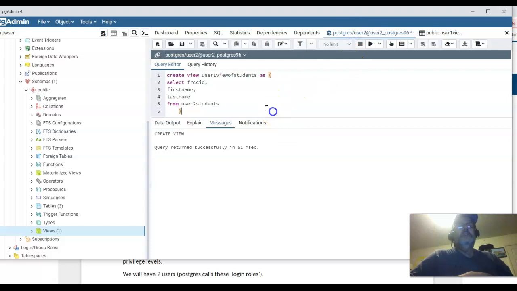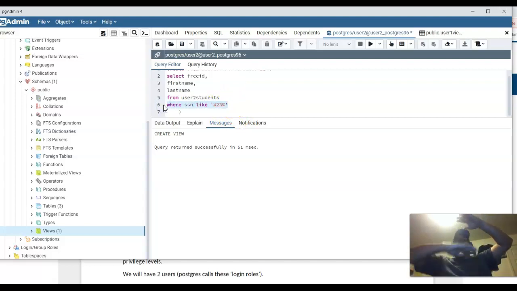In addition, we could say from user students where SSNs begin with 423. I don't know what makes sense here, but that way we could restrict the rows